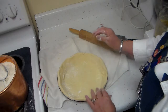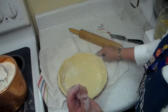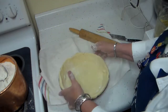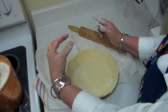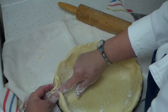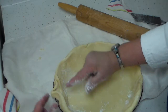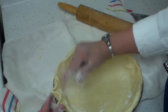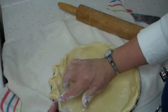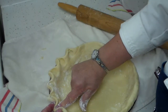Next up, I want to show you how to flute your pie crust. And I actually have 2 methods that I'm going to show you. The first one, on the outside of the pie pan, use your index finger and your thumb to pinch them together with the index finger on the inside of the pie crust, and you're going to push down so that you want a very exaggerated V. As it bakes, it will soften out, and the function of this index finger here is to seal it to the pie crust, and you'll just